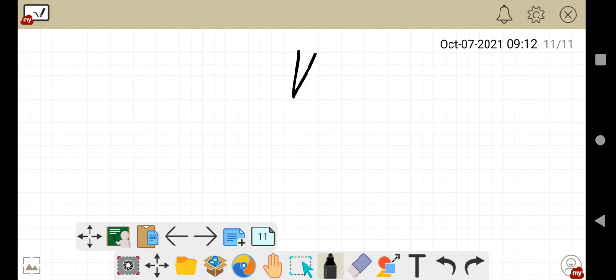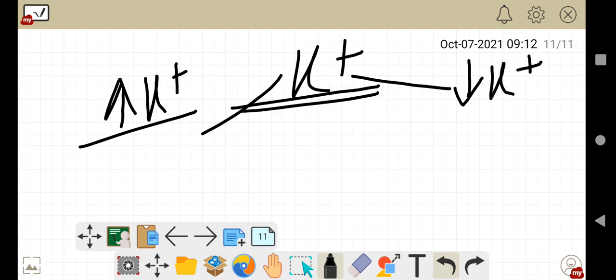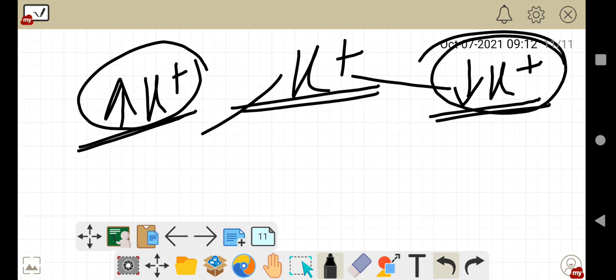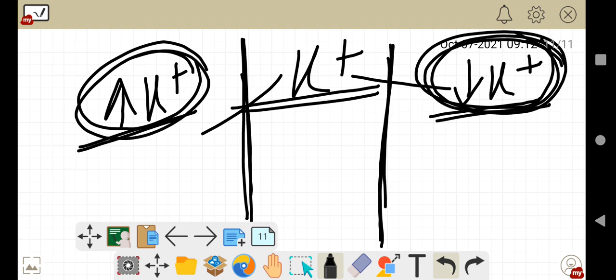Now there was an important topic, potassium. As I discussed earlier, in the electrolyte abnormalities, either potassium will be increased or decreased, hyperkalemia and hypokalemia. Now what are the ECG changes in hyperkalemia and hypokalemia? This was asked previously. They often ask about the sequence of changes. This is again an important question. It has been asked in INI-SET, and it can be repeated in your upcoming exams as well. What is the sequence of changes in hyperkalemia and hypokalemia?